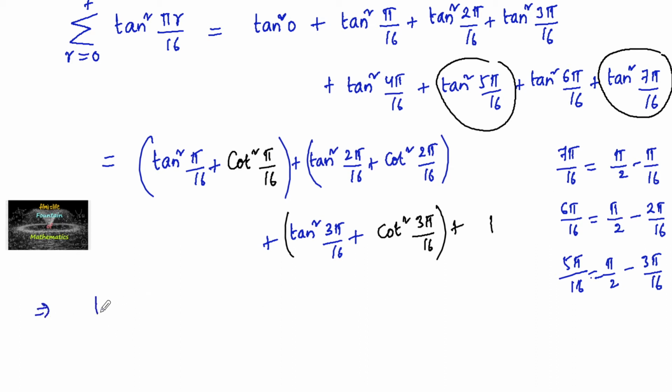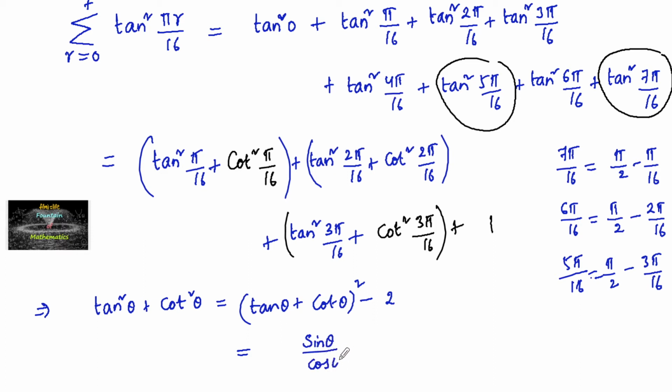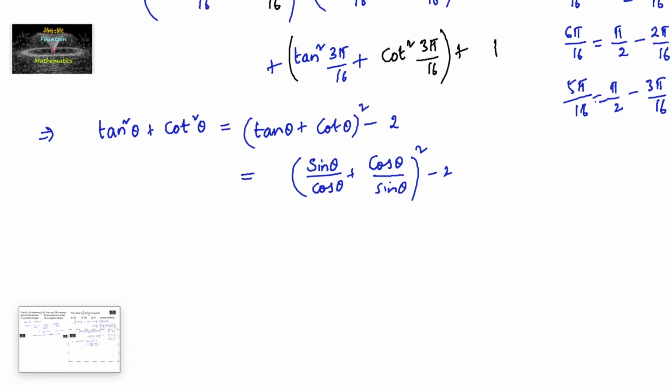Also we know we can write tan square theta plus cot square theta is equal to tan theta plus cot theta whole square minus 2 into tan theta into cot theta, that is 1, 2 into 1 is 2. So this implies sin theta by cos theta plus cos theta by sin theta whole square minus 2, which equals, by taking LCM and simplifying, sin square theta plus cos square theta, that is 1,